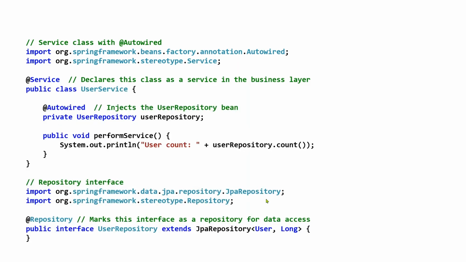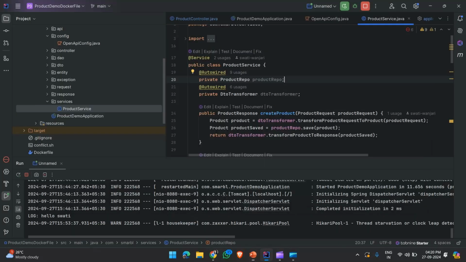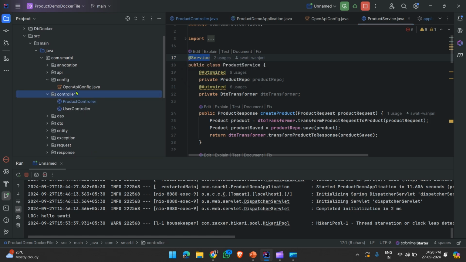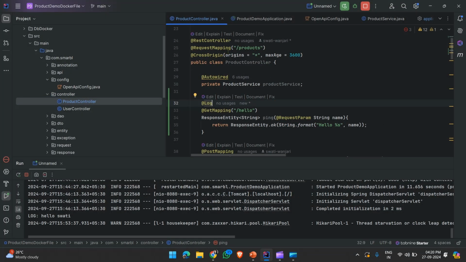So after this, controller annotations. These annotations, like I already told you, component scan or component. If you are defining any service class, then it is annotated with @Service. This is a stereotype annotation. If it is a controller, then it will be annotated with @RestController. That is, all the REST APIs will be hit, or it acts as a Spring MVC container